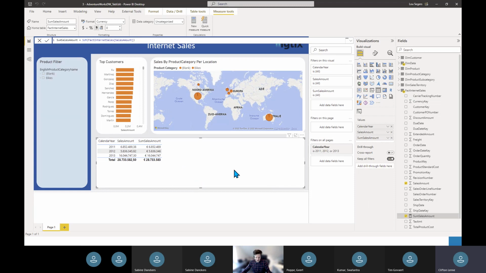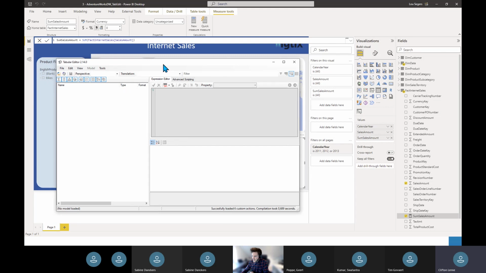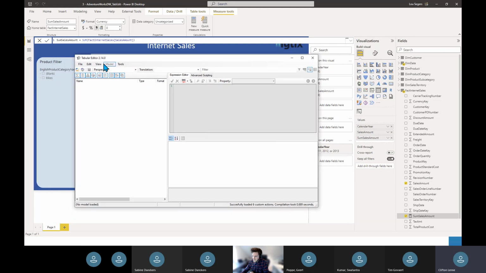We're going to repeat the same process within Tabular Editor. So what I'm going to do is open up Tabular Editor on my local instance. Great. And this is how it looks. This is Tabular Editor 2.14 edition. We can simply connect to any open